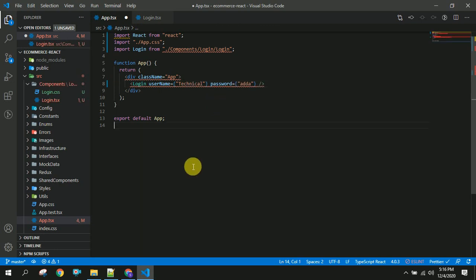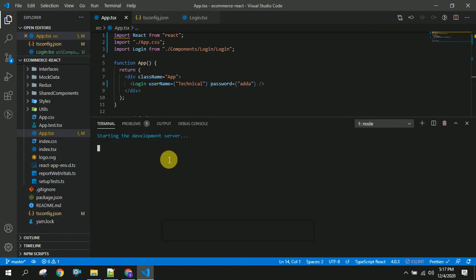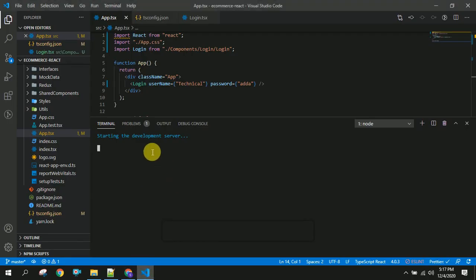So this is the advantage of TypeScript, and let us see. It will open our application in the browser. Let us wait until that.